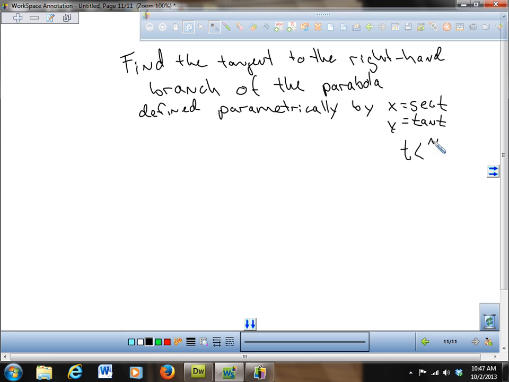T goes between pi over 2 and negative pi over 2